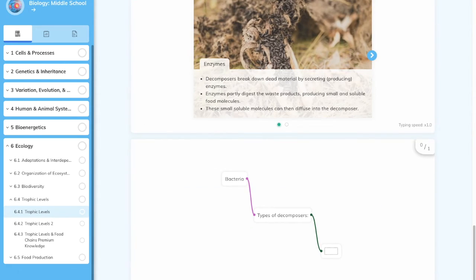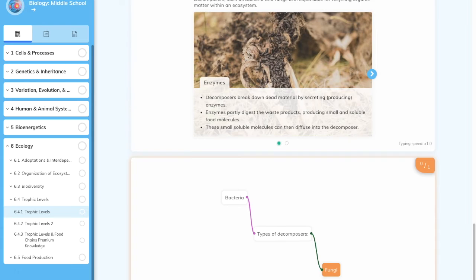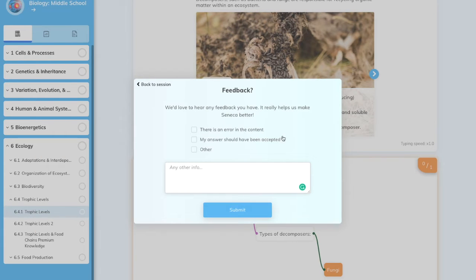So here, we need to try and work out types of decomposers and what might be here. Might it be dead organisms? Okay, it's not. The kid has gone through, they really can't work out the answer. They click check, fungi comes up, they get 0 because they couldn't work it out. Do you see what I mean? Students can click on feedback and it tells them